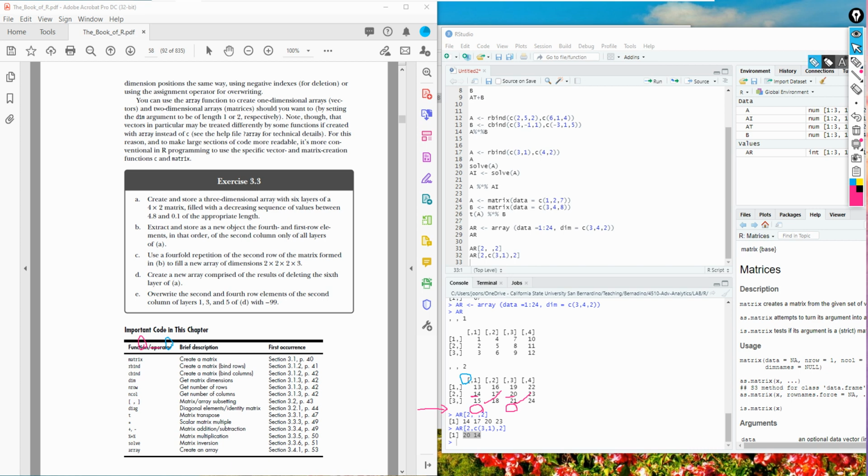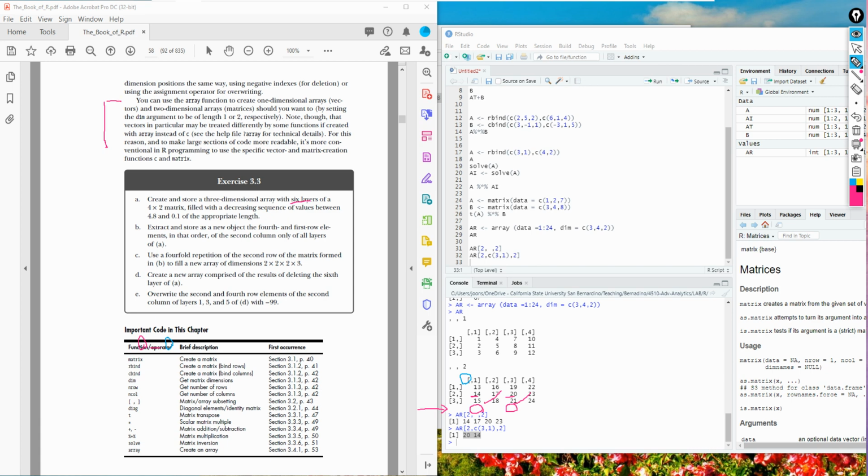So first we know that it's a 4 by 2 matrix, and basically we need to build a building, right? With 6 floors, 6 layers. And each layer has dimension 4 by 2, right? So this is a 4, and this is a 2.